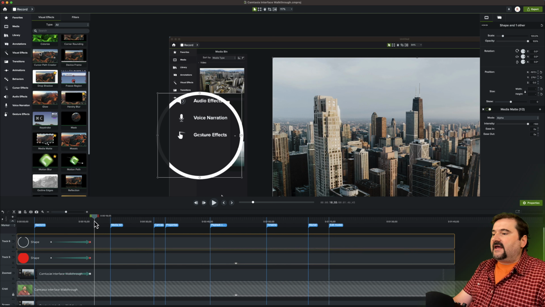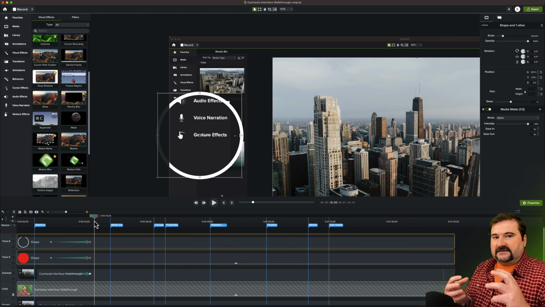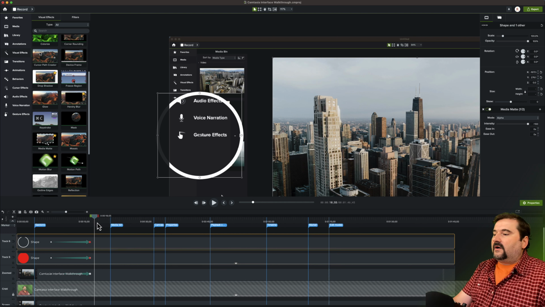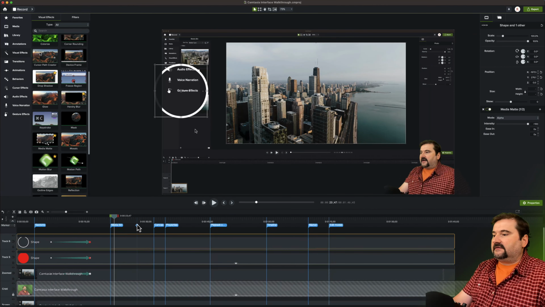Okay? And now that I have these elements in place, I can create more animations with the same idea. So what about if I'm talking about the media bin right there? Okay, this is the region where I'm talking about the media bin, right? So here we go, your media bin, which holds all of the files that you have in. I want to do the same here, right?